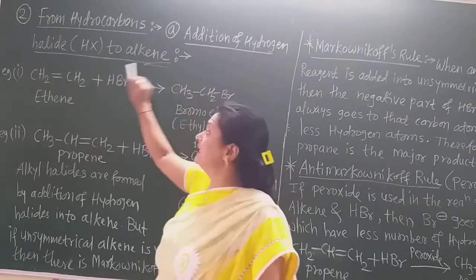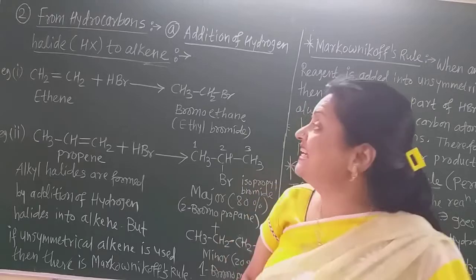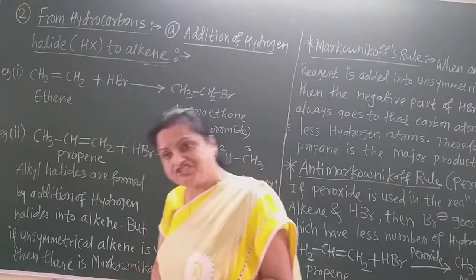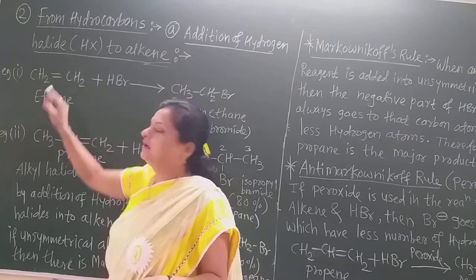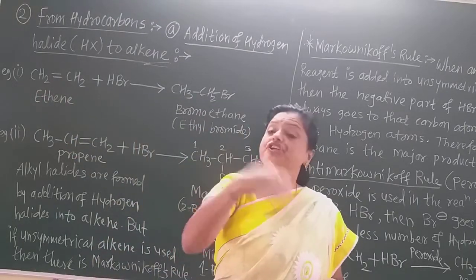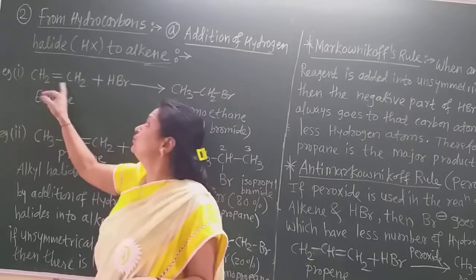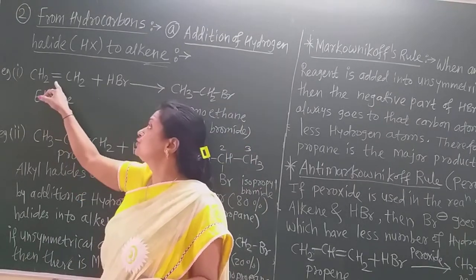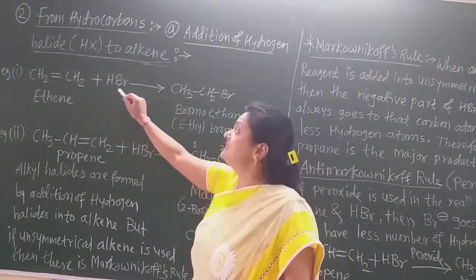And to the alkene, we know that there is the carbon-carbon double bond. Now this is the ethene. Very simple. First alkene, that is the ethene. Now in alkene, the number of hydrogen atoms is just double the number of carbon atoms. So this is C2H4, that is the ethene, CH2 double bond CH2, we always write this in this way. Now this is the HBr.